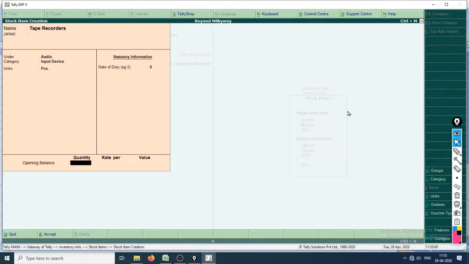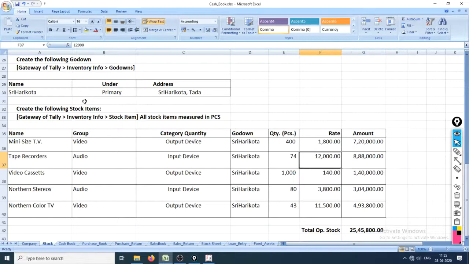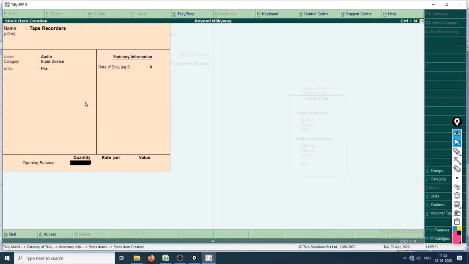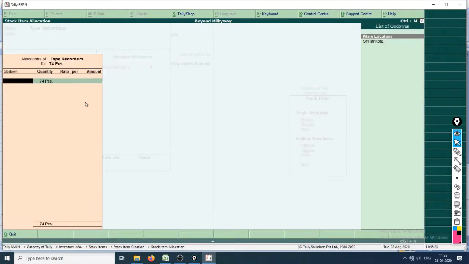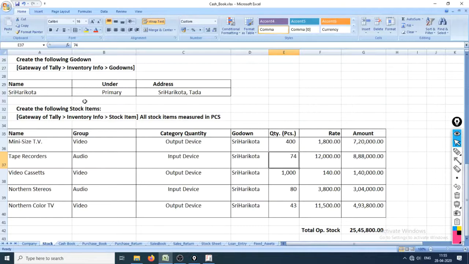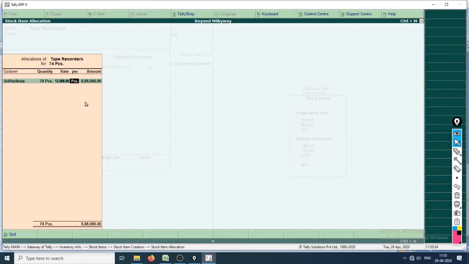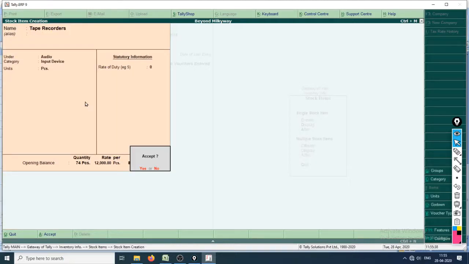It is asking all these because we have already decided and made all these groups, categories and units. As soon as you enter quantity, it will ask you in which godown it is located. 74, enter. Main location is a default godown, and Sri Harikota is a godown that we created. Sri Harikota, enter. 74 pieces. What is the rate of one piece? That is 12,000. So 74 into 12,000, it will automatically multiply. Accept.